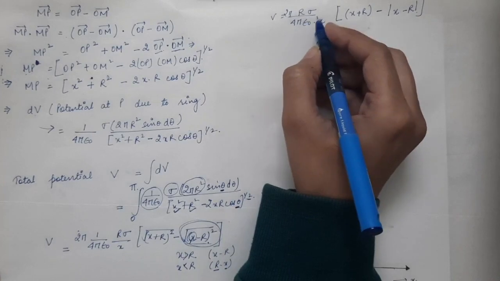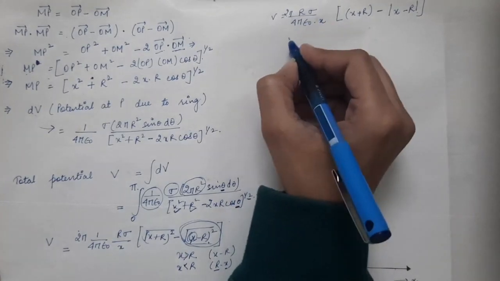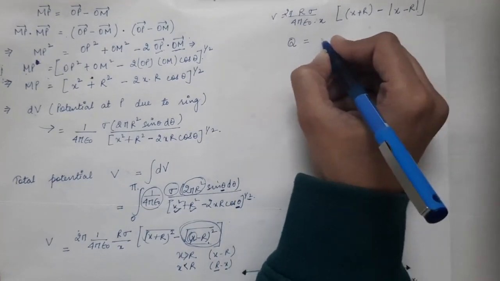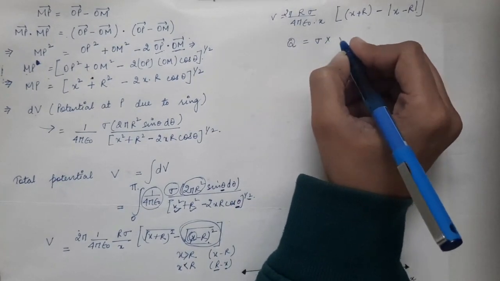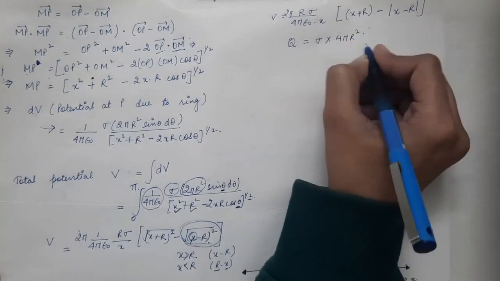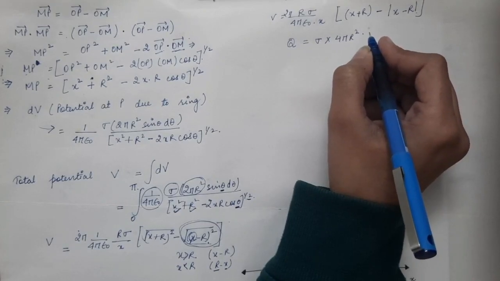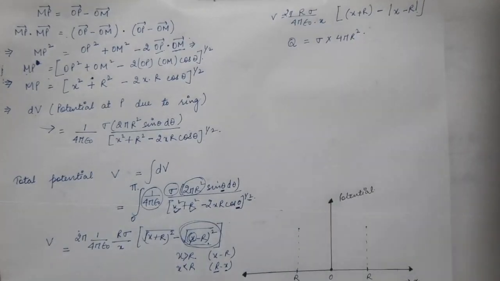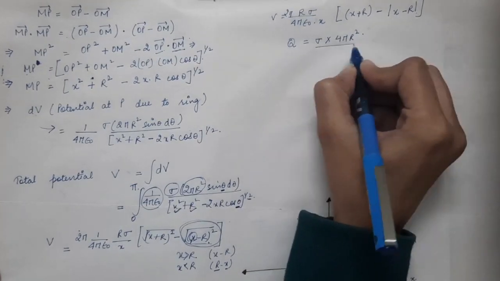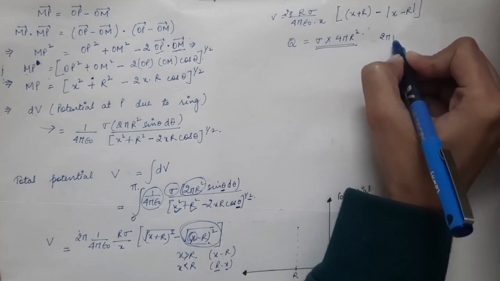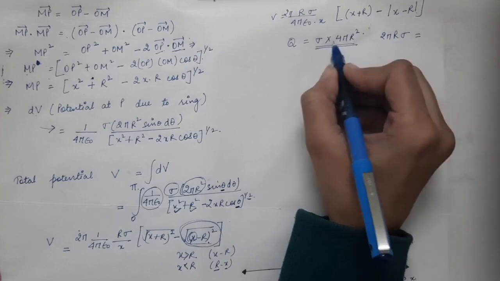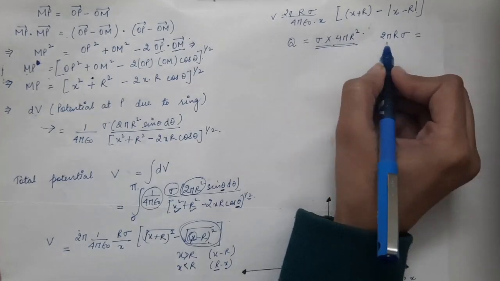Now the total charge on the shell, let's say that is equal to capital Q, and that will be equal to sigma into the total surface area of the shell. So that is equal to 4 pi r square. So this is the total charge, and we will substitute it in the numerator. In the numerator we have 2 pi r into sigma. So from here you can find 2 pi r into sigma: from the right hand side you will just take 2 pi r into sigma on the left hand side.